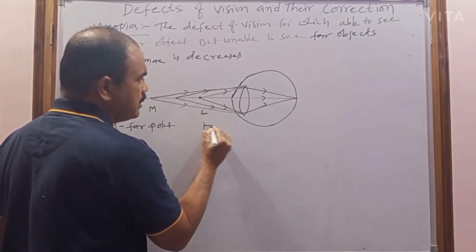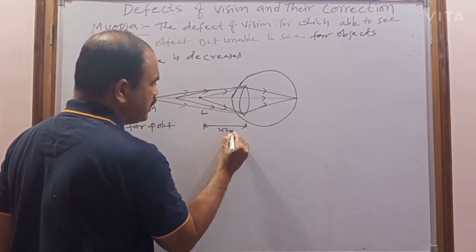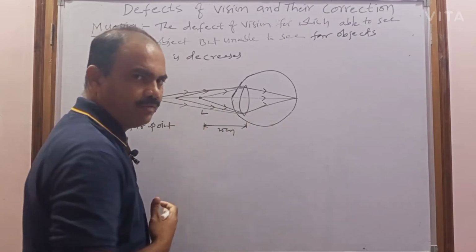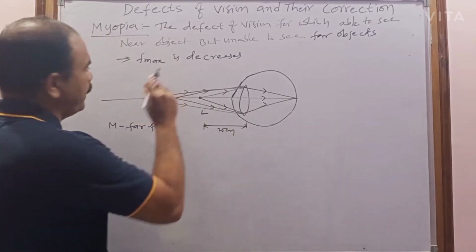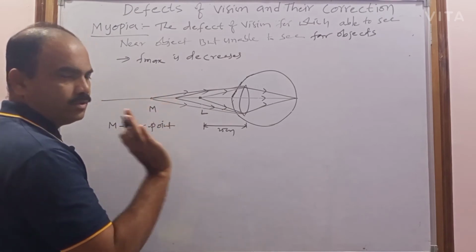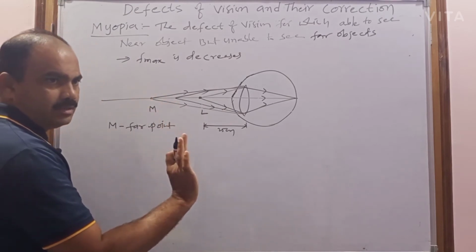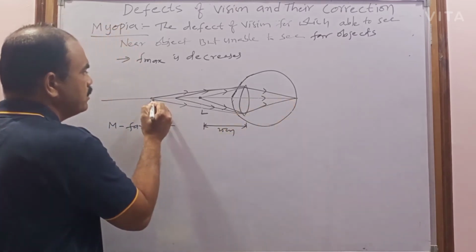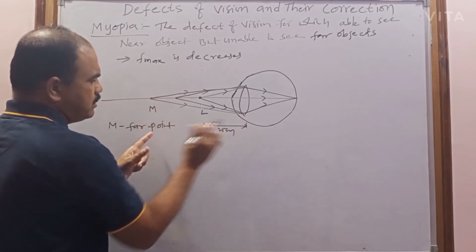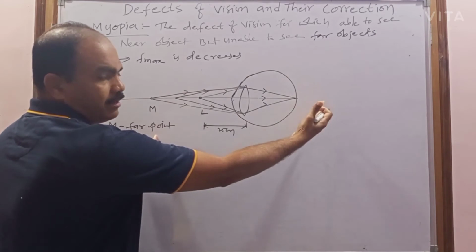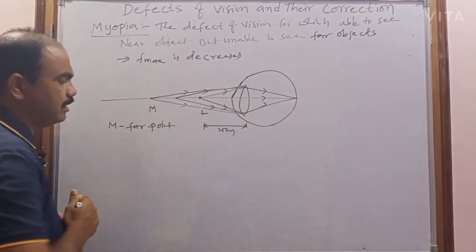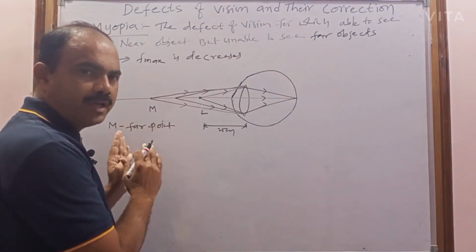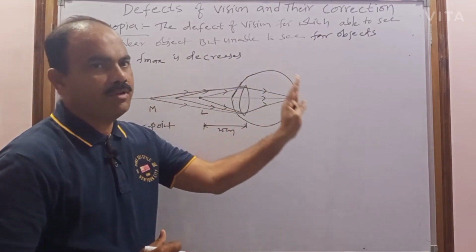of distinct vision. This is how much? 25 centimeter. So generally a healthy human eye also can't see the object if the object is below 25 centimeter. But if the person suffers with myopia, what is the maximum distance for which that eye lens can form the image on the retina? This is the maximum distance from this lens to here. That's why this M is called the far point. Already I told what is the far point. So that is the point of maximum distance for which the image can be formed on the retina.